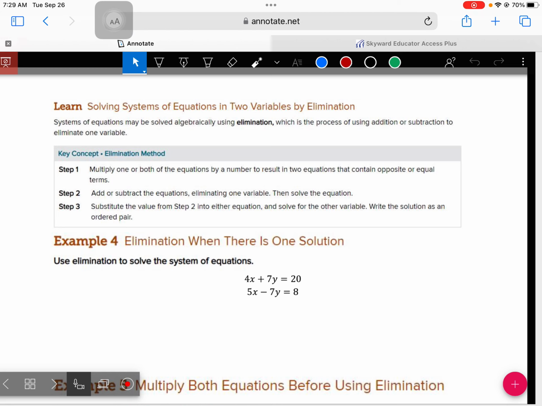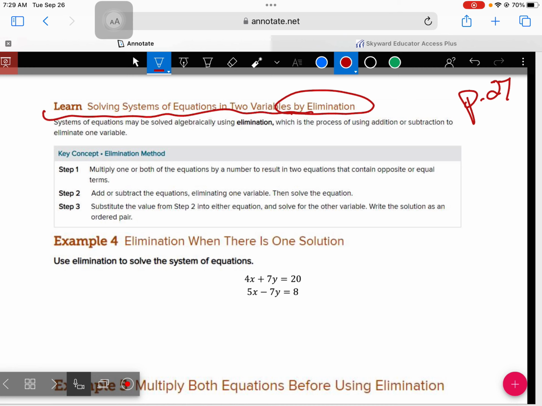elimination. All right. This is page 26, I believe, right? 27, my bad, sorry. Page 27. Okay. So, solving system of equations by elimination. You might want to underline or find that, especially if you're wanting to go back to your notes, which I highly encourage. Okay? Systems of equations may be solved algebraically using elimination, which is a process of using addition or